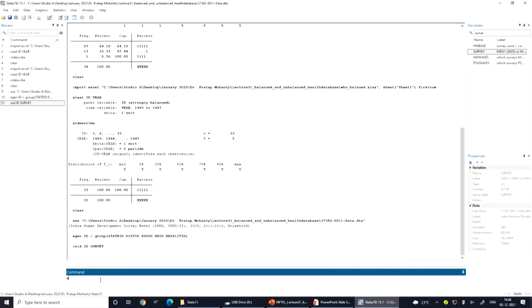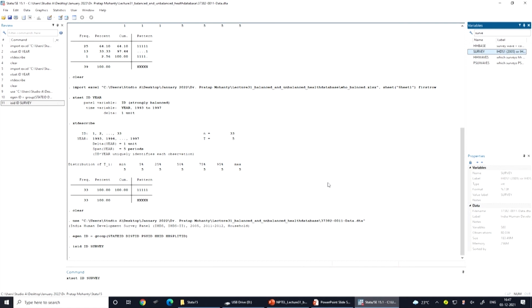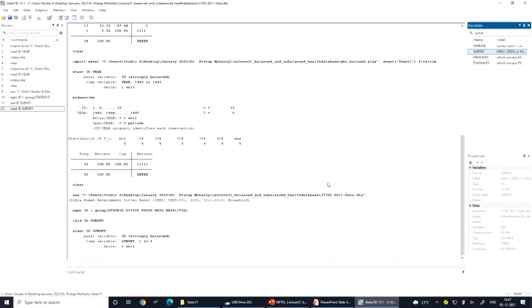Now, we can check whether this is balanced or unbalanced data. xtset is the command, with the ID and survey. We can check which form of data this is. It suggests that it is strongly balanced data, with the time period from 1 to 2, as I already mentioned.